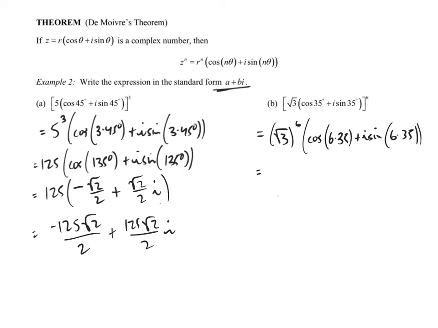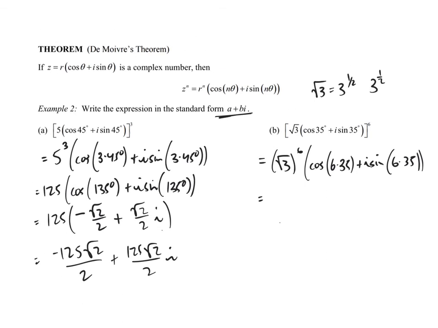Well, let's think about this for a second. Square root of 3 is really 3 to the 1/2. So if I raise that to the 6th, 3 to the 1/2, then raised to the 6th power, well, I multiply those exponents, so that's going to become 3 to the 3rd, and so that's going to become 27. And then cosine of 6 times 35, that's going to be 210 degrees, plus i times the sine of